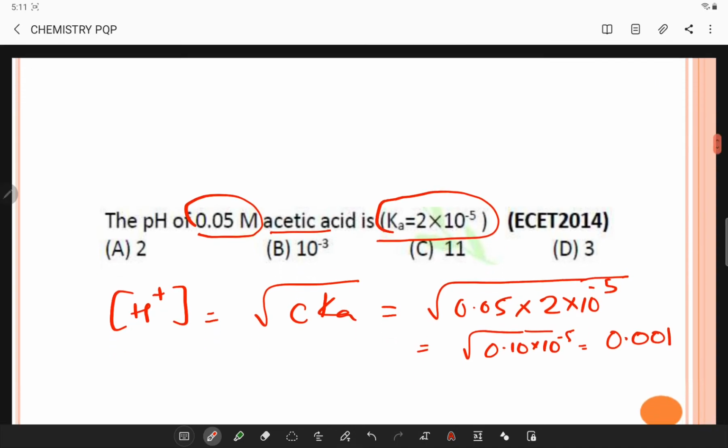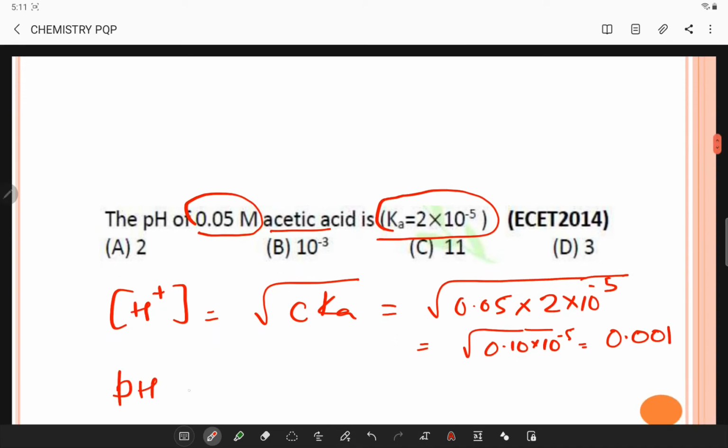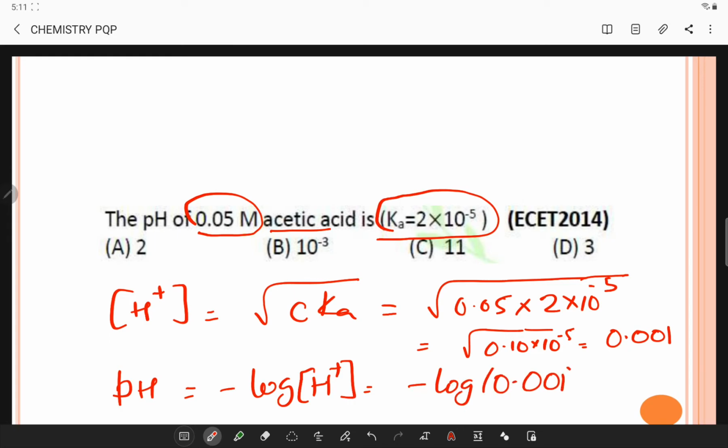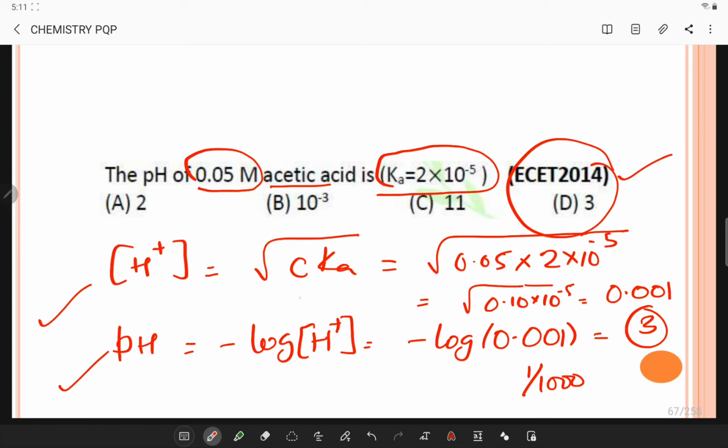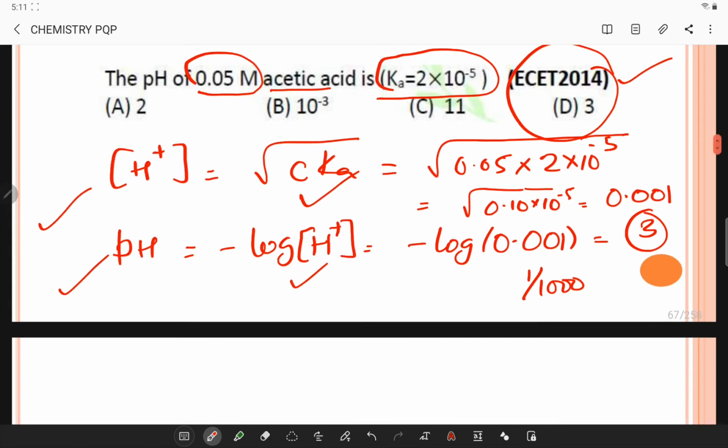0.001. Now if you see the pH, I have to apply logarithm, minus log H plus. So minus log 0.001, I can write this in the form of 1 by 1000. So negative gets cancelled and I will be writing as 10 power 3. Now the answer is this. So remember the formula, root C Ka, and for pH you have logarithmic value. Next,